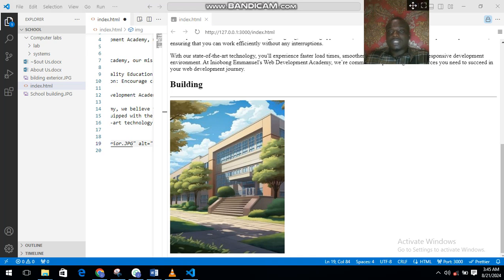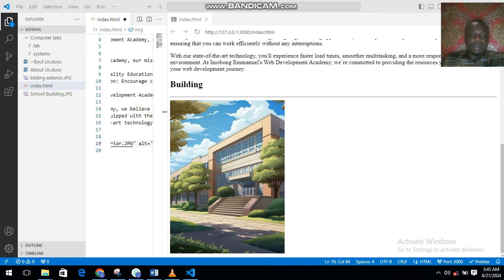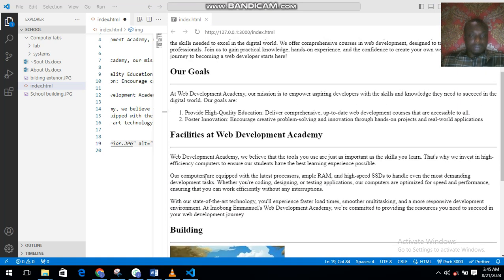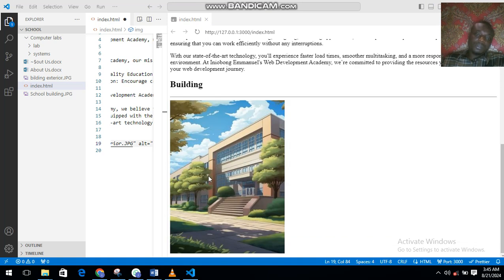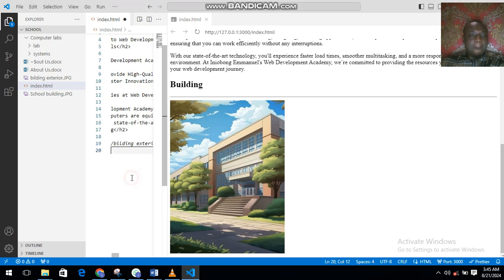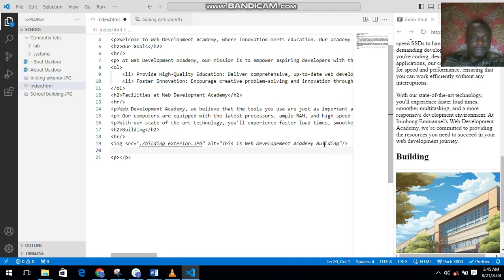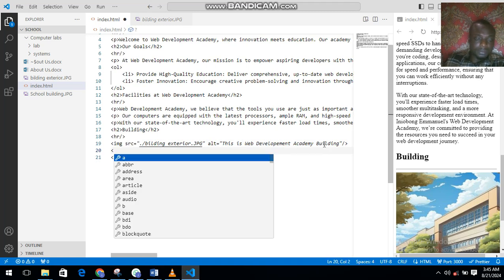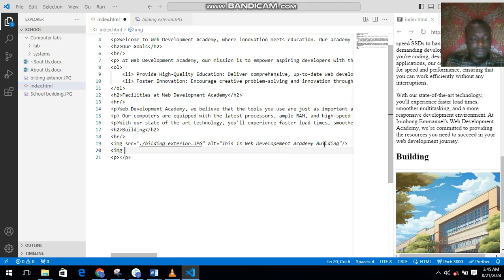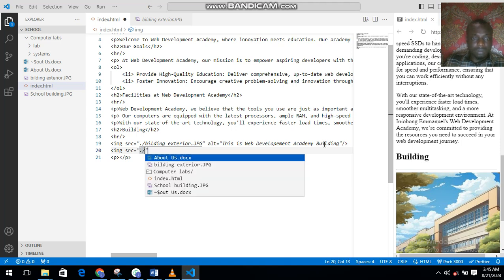We learn to organize these pictures in a formal approach. Okay? So we also need to include another word, image. So use IMG, SRC, school building.